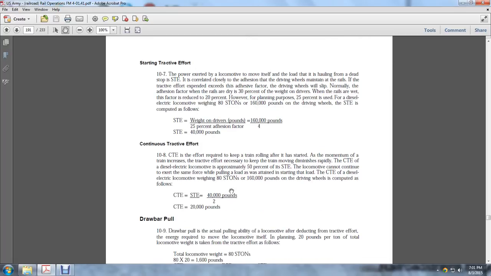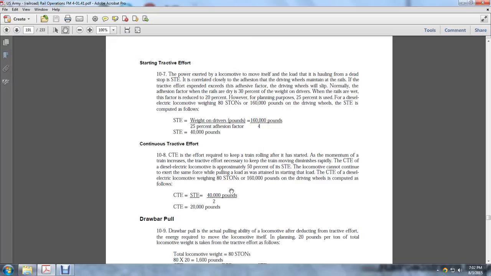Continuous traction effort (CTE) is the effort required to keep the train rolling at standard speed. The motion of the train increases the traction effort necessary to keep the train moving, and it diminishes rapidly. The continuous traction effort of the diesel electric locomotive is approximately 50% of the starting traction effort. The locomotive can continue to exert the same force at pulling a load as well as attaining and starting a